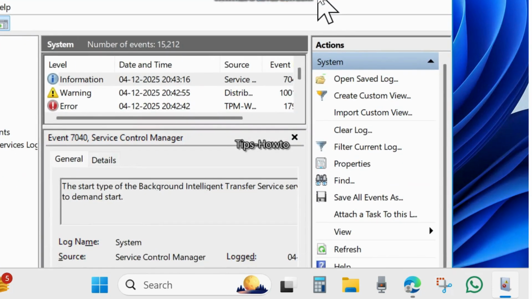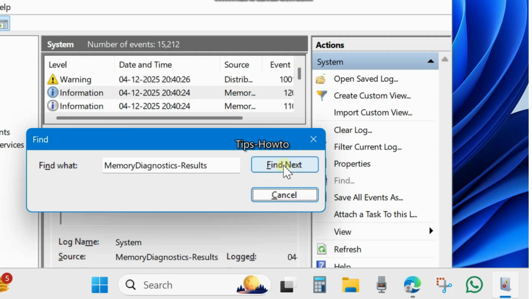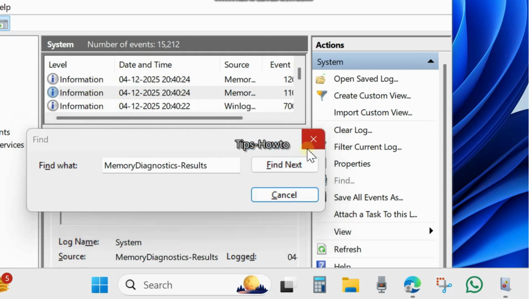Go to system from the left side, thereafter go to the right side and here click on find and here type the command as shown on screen, memory diagnostic result. Memory diagnostic dash results. Type this command in this format and choose find. Find next, click on it and